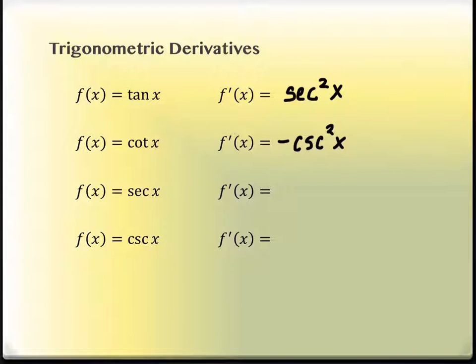The derivative of secant is secant tangent. Now, I'm being sort of sloppy as I'm saying them. You have to make sure that the angle x is with each of them. Secant means nothing if it doesn't have an angle with it. It's like saying square root, and you'd be asking me, well, square root of what? Okay? Secant of x. And then the derivative of cosecant is negative cosecant x